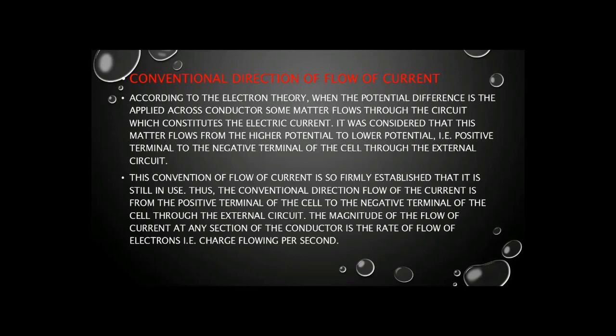So consider a conductor in the form of a copper wire. It has a large number of free electrons which are in random motion, just like the molecules of a gas. Their movement does not obey any symmetry. In the absence of an electric field, the rate at which the free electrons cross any section of the wire from right to left is equal to the rate at which they cross from left to right, with the result that the net rate is 0.